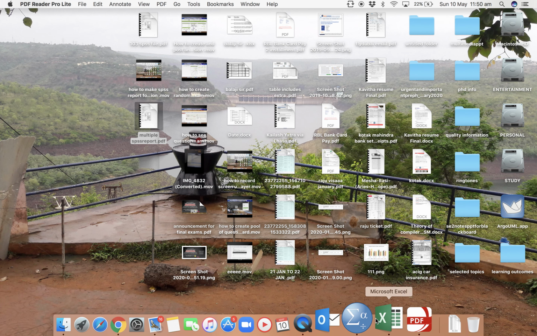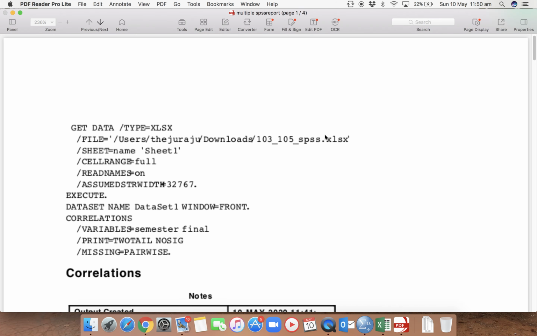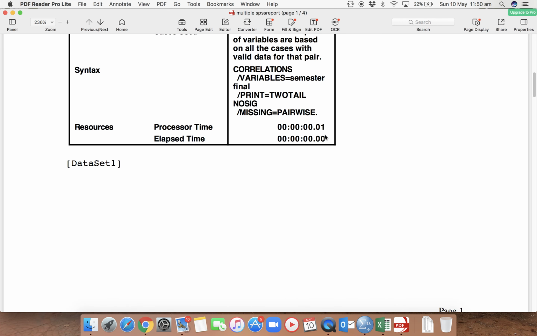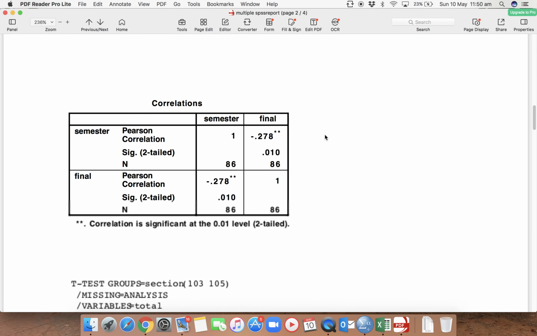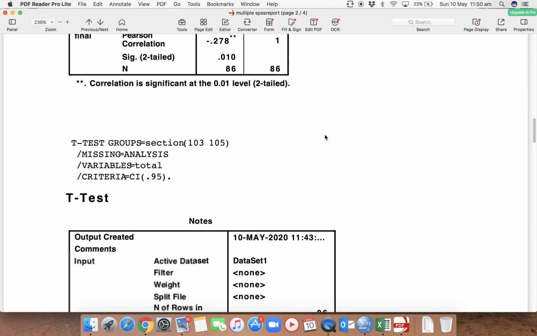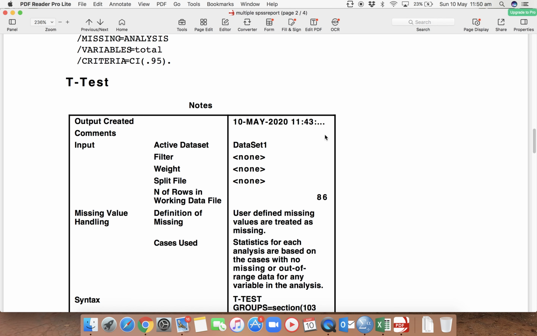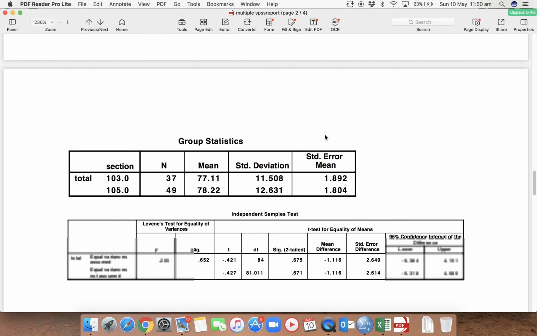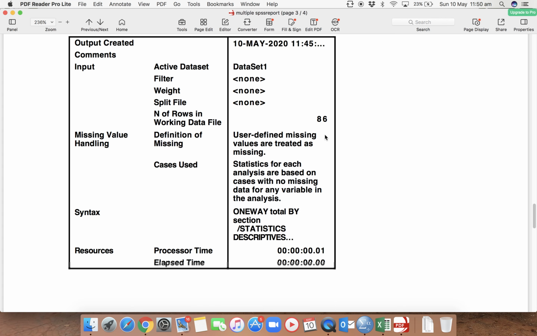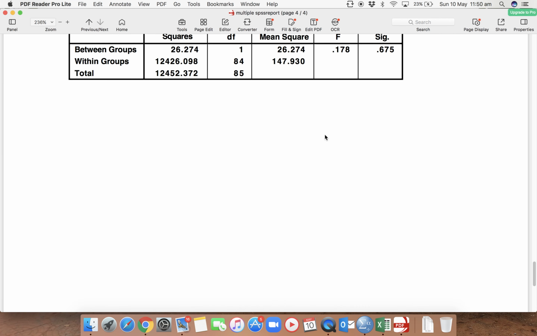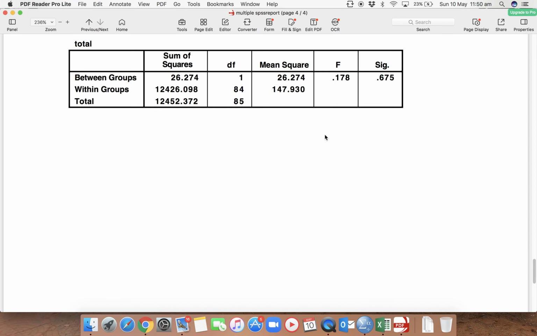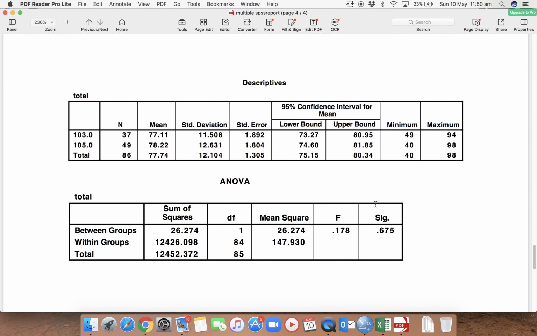Yes, yeah, see here, this correlations we already finished in the first file, right? Here in the multiple sections, the t-test and ANOVA table are very important. Okay, so this is the t-test and this is the ANOVA table. Okay, these values you have to write in the report. F value, significance value.